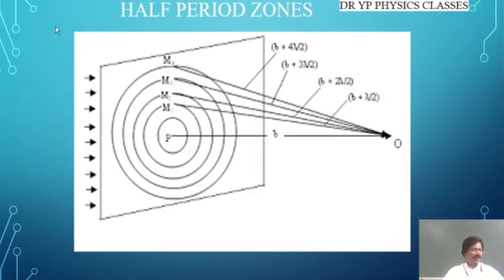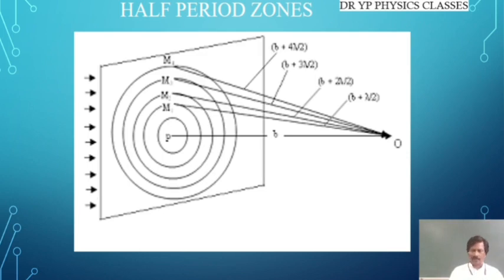In the last session, we discussed diffraction, what is meant by diffraction, what the conditions are for diffraction to take place, what the types of diffraction are, and the difference between them. We came across two types of diffraction, Fresnel diffraction and Fraunhofer diffraction. Now, let us pass on to the next session.